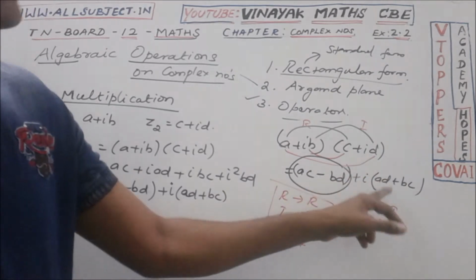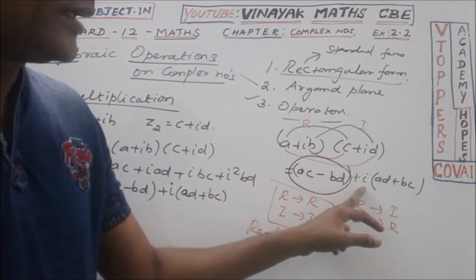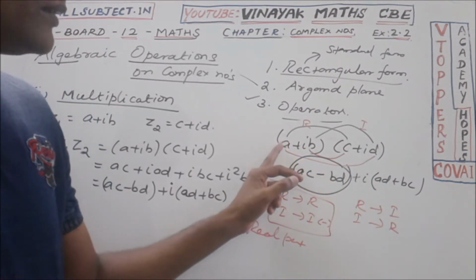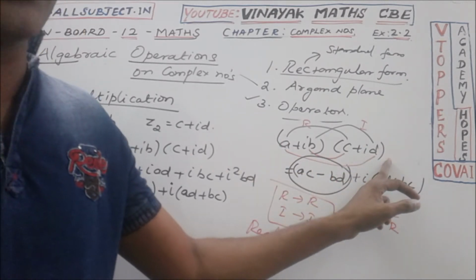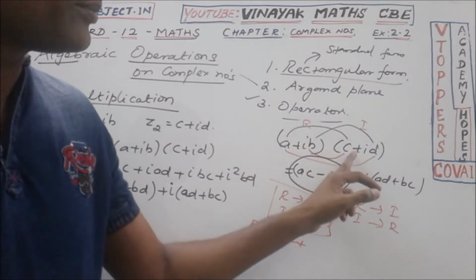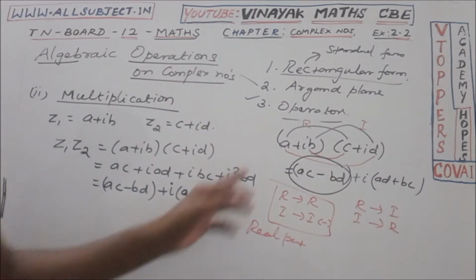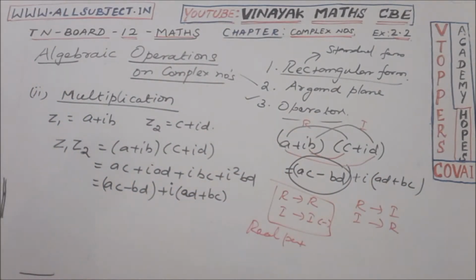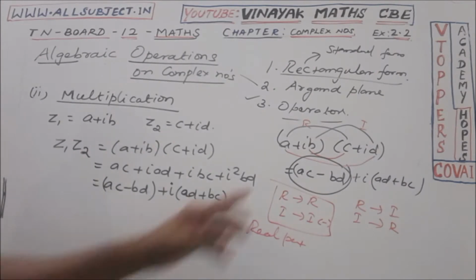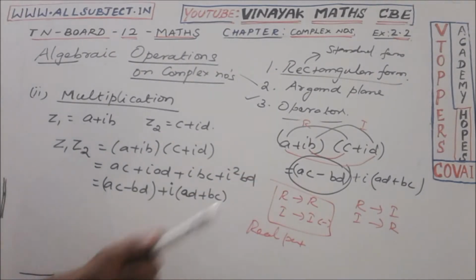Then we can move to the imaginary part. For the imaginary part we have I, so place I here, then multiply this real to the corresponding imaginary, and this imaginary to the corresponding real. When you multiply and add, you will get the imaginary part. So the product is very important. In all the problems we need the product, calculating the product of two complex numbers in the forthcoming exercises. It is very important. Example, I will give you some problems here.